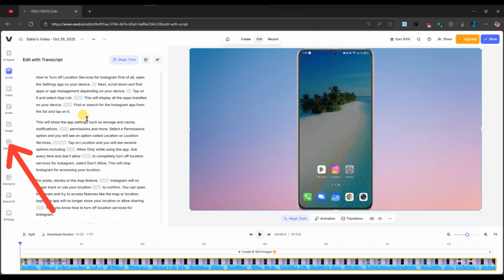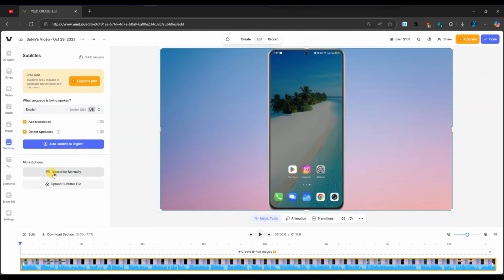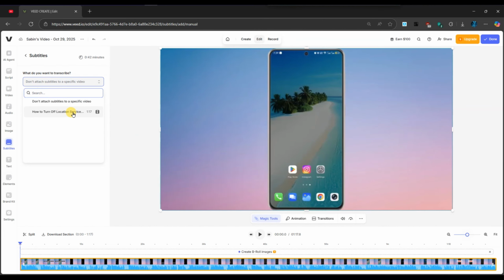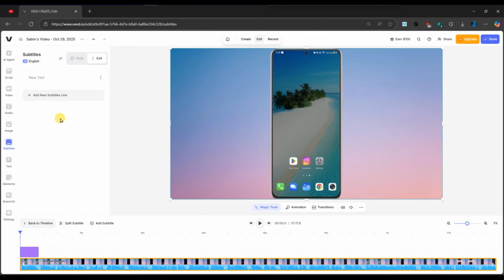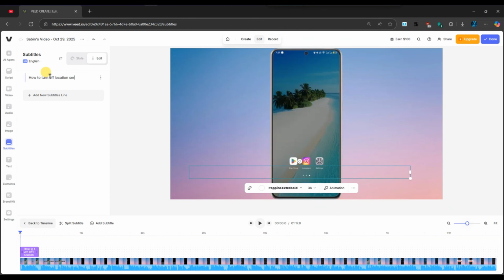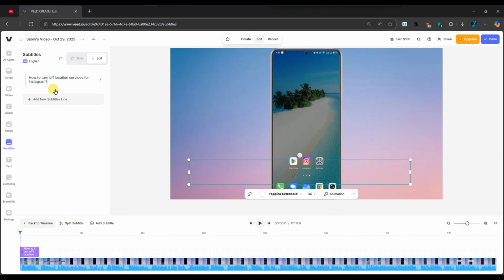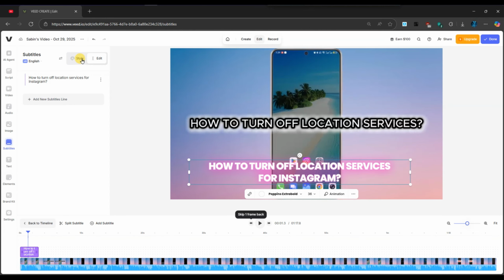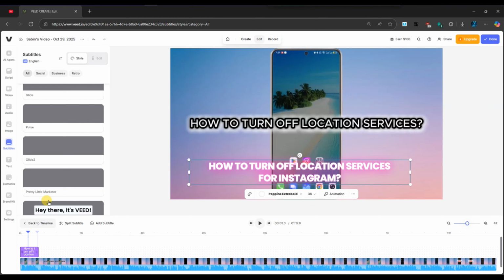To manually add subtitles, click on the Subtitles option in the left-hand menu, then select Transcribe Manually. Select your video file and the spoken language, then click on Add Subtitles. After that, type the spoken text into the box and adjust its start and end time to match the speech in your video. You can drag the subtitle along the timeline to fine-tune the timing and ensure it appears exactly